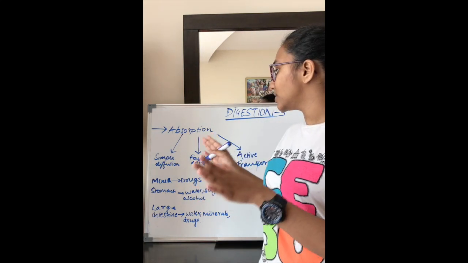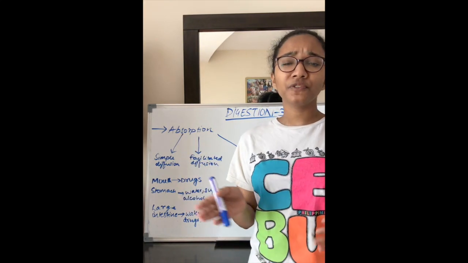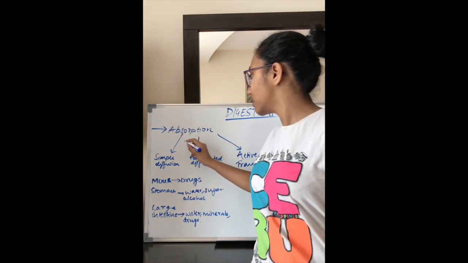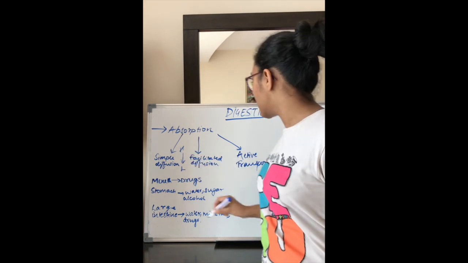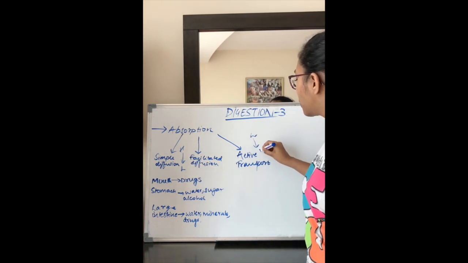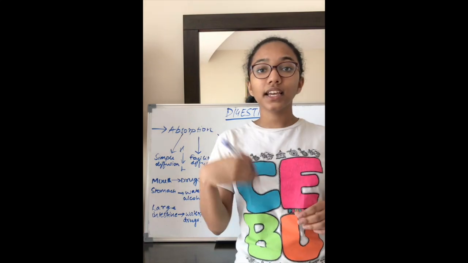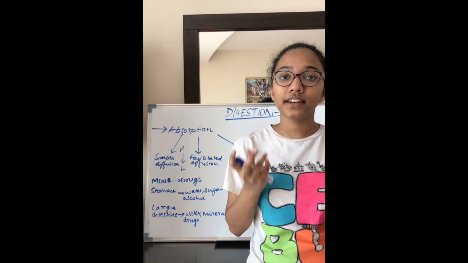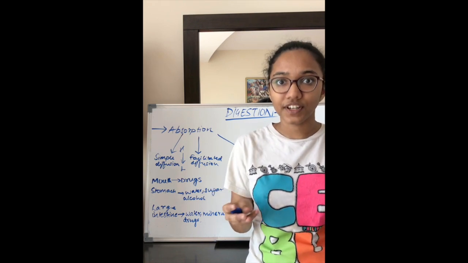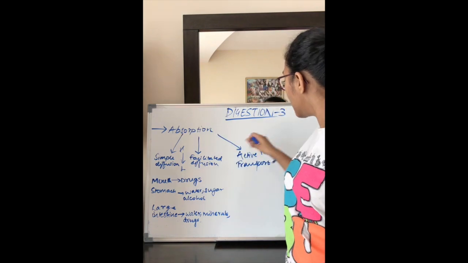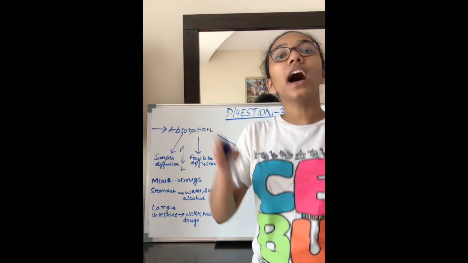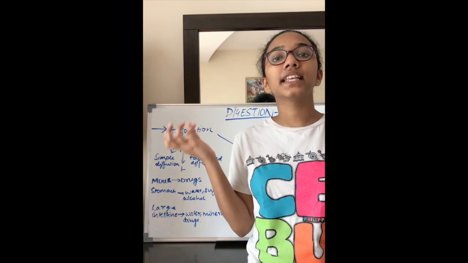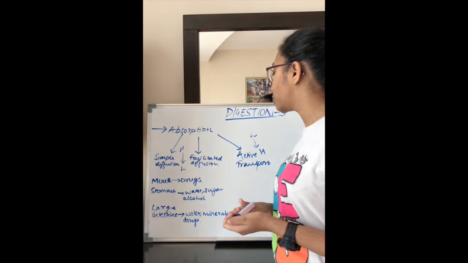Active transport is almost the opposite of simple diffusion. In simple diffusion you don't need energy because it goes from high to low concentration. But this one goes from low to high concentration. That means inside the intestine these substances have a very low concentration, so they utilize energy from ATP, adenosine triphosphate, the energy currency, and then move to the bloodstream, which has a higher concentration of these substances. Again, examples are glucose, amino acids, and some electrolytes like sodium ions.